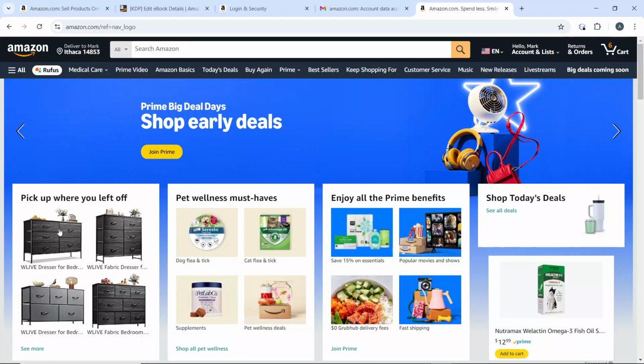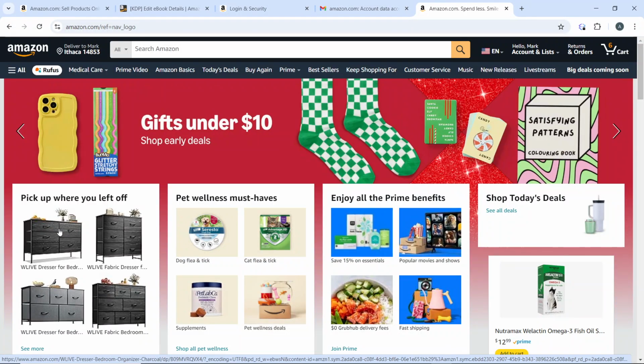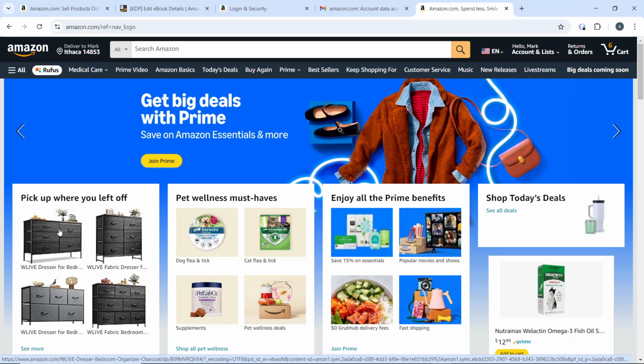Hello, in this tutorial, I'll show you how to change my prices on Amazon. Here's a step-by-step guide on how to change your prices on Amazon using the Amazon web app for sellers. So the first thing to do is to open the Amazon web app and log into your Amazon Seller Center